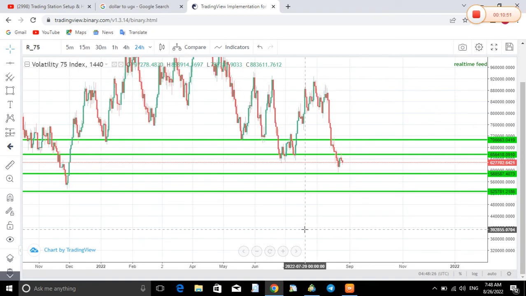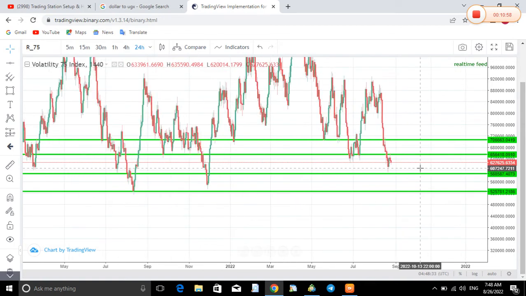So now when I was trying to mark out my support and resistance levels on this pair, which is 75